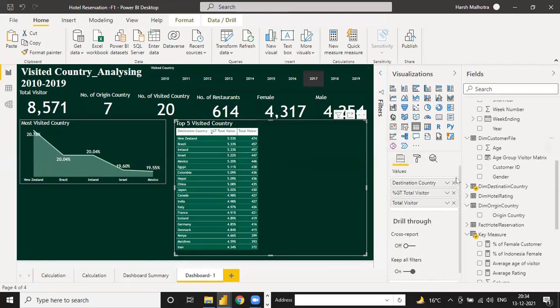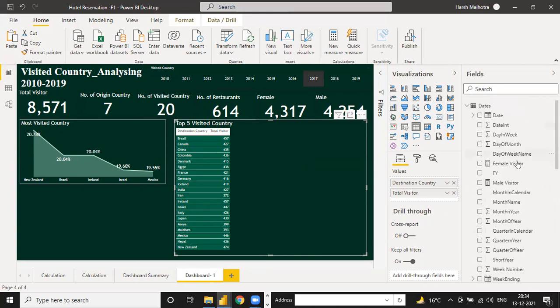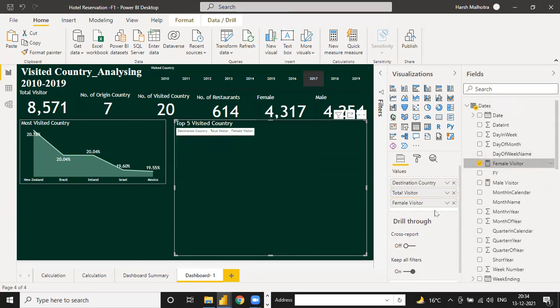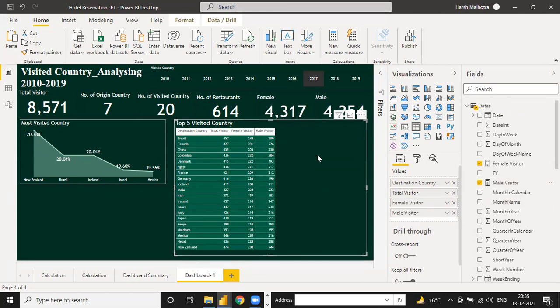Now go to this. Instead of percentage and visitor, we don't need percentage, so just uncheck this one. And here I want my male and female visitors. Female, male. Okay, see: 457 visitors, 248 female and 209 male.